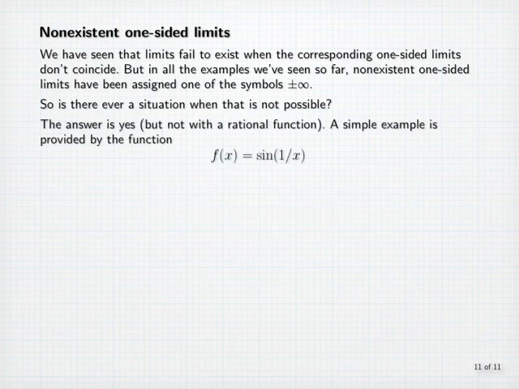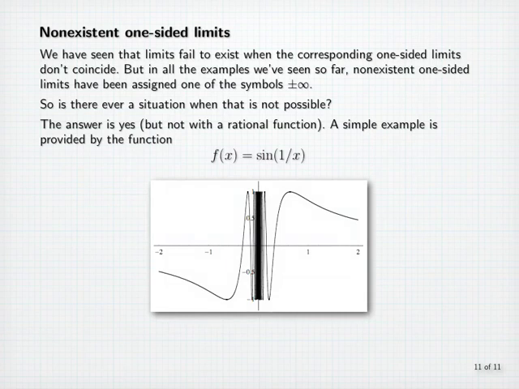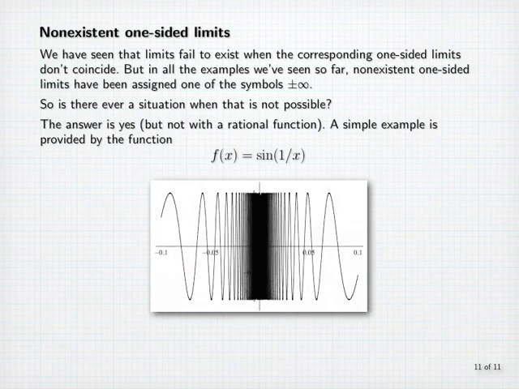A simple example is provided by the function f of x equals sine of 1 over x. Here's what the graph of f looks like. Notice the strange behavior near x equals 0. If we zoom in and look at the graph on a smaller interval, we see something similar. In fact, no matter how small the interval is on which we look at the graph, it is going to look